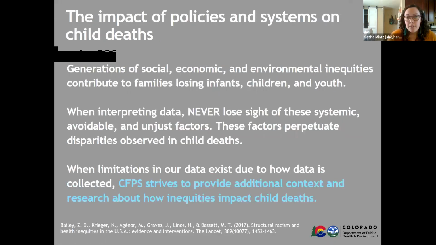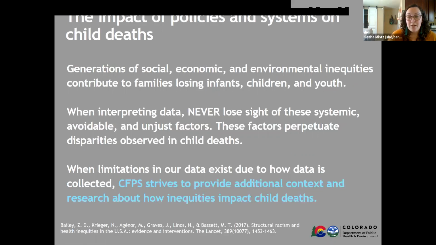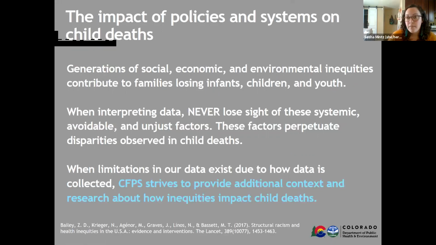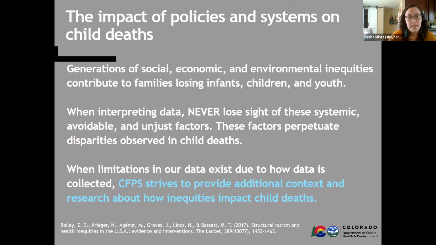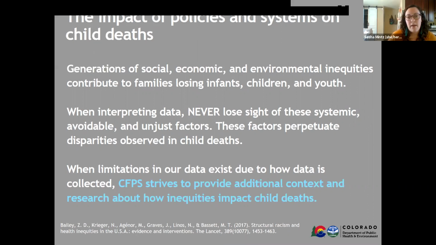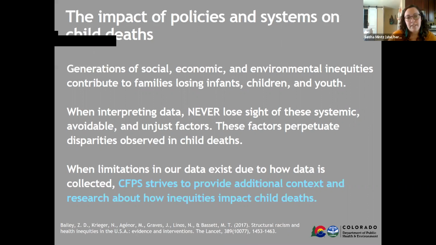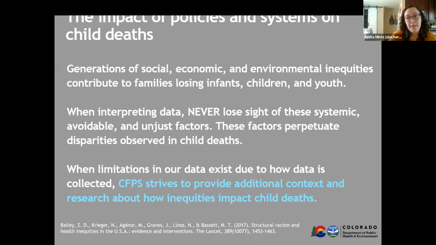It's so important to keep equity front and center in child fatality prevention work because there are disparities observed for almost every cause of death that we review. Among other areas, we observe disparities by race and ethnicity, by place of residence, such as in an urban or rural setting, and by sexual orientation and gender identity. We try to always remind partners across the state and the country about the social, economic, and environmental inequities that contribute to families losing children by injury and violence. And that when we're reviewing disparity data, we never lose sight of these systemic and unjust factors that perpetuate those